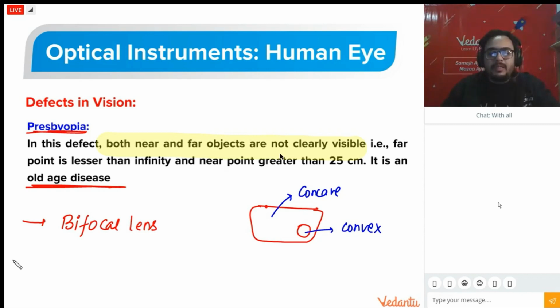I don't think this topic is going to come into boards this year, especially because they have already reduced the syllabus a lot. So they will not be focusing on the eye. Because otherwise this will all become bio. The reason for myopia and presbyopia is the elongation of the eyeball basically. And maybe some glands get weak. Biology. Okay.